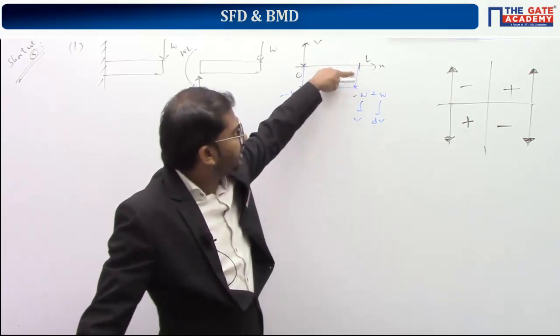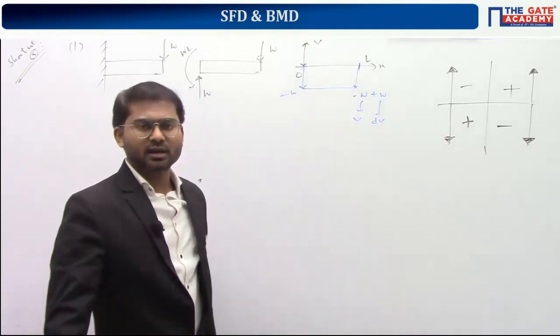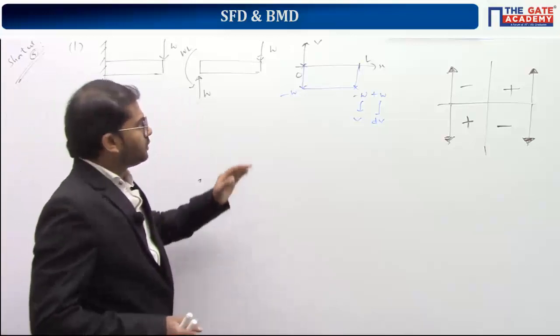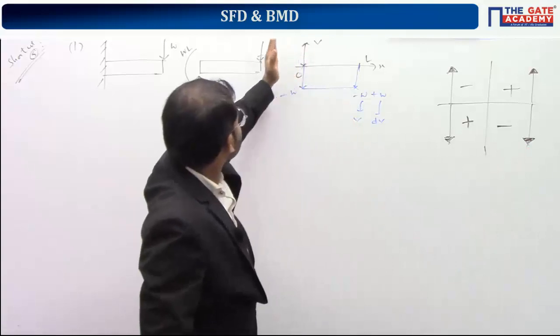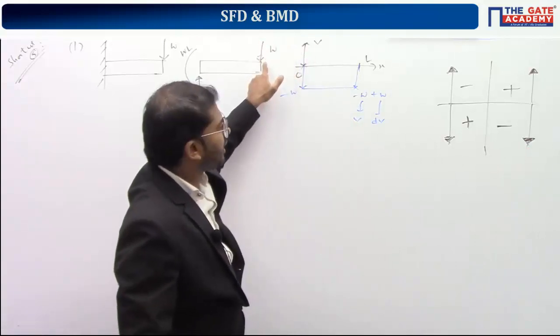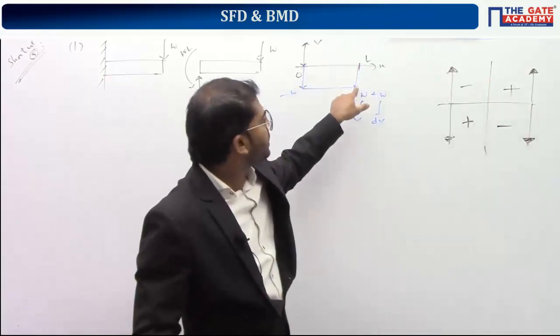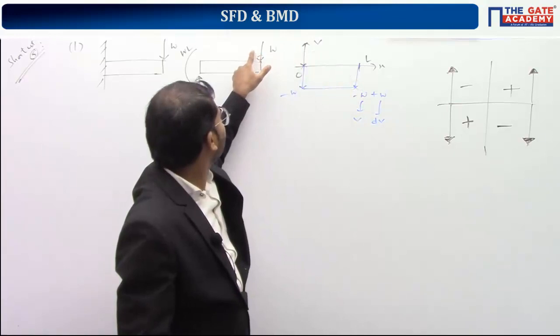Because it's showing you a vertical line is there, that can cause confusion, but at least you'll get the shape of the diagram. In the same way, if you draw the same thing from right side to left side, you'll get the same answer. From right side to left side, if you come, all of a sudden downward force is acting, which will cause decrease of shear force. So suddenly a jump will come, suddenly it will go to a below value. Then after this, it will go on like this.